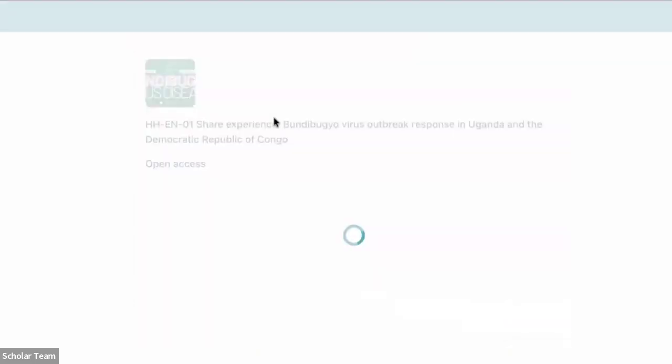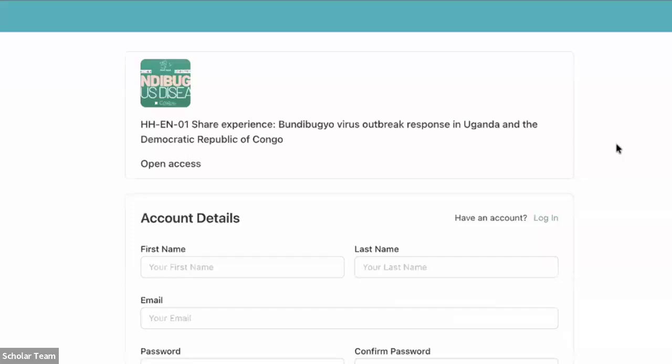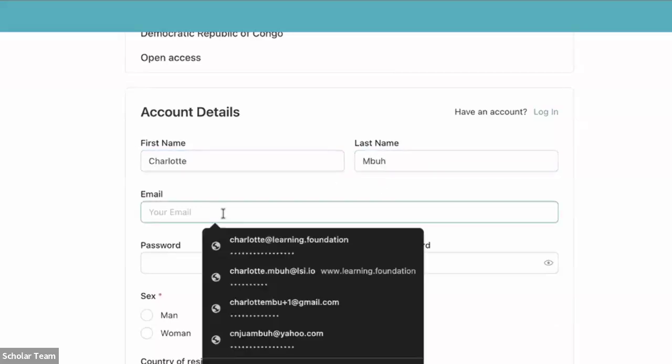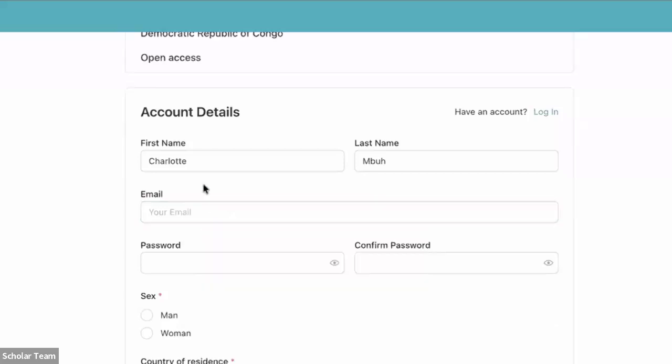You'll receive an email with a link that will allow you to reinitialize and to create a new password for yourself. But my focus today is really for colleagues that have not yet joined the TGLF Go platform. You have never taken a course from the Geneva Learning Foundation before on this platform, and you need to create your account. So before you register, take a few moments to input your account details. So the first thing is going to be your first name. And then the next thing you're going to have to do is to input an email.